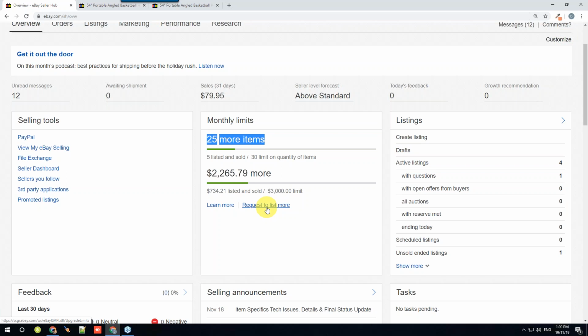And what that means is that you'll click that button and they might give you a limit raise, but they might only increase you $1,000, or they might only allow you to list 10 more items. But what eBay can really do is, it has it within their power to up to double your limits, and sometimes even beyond that, every 30 days. Which means that if I contact eBay using the methodology that I'll give you once you get to that point, and say, hey, I want to get my limits raised,